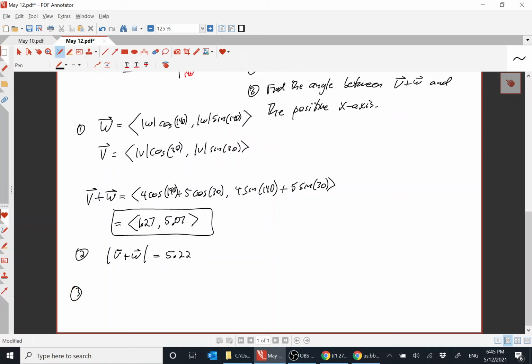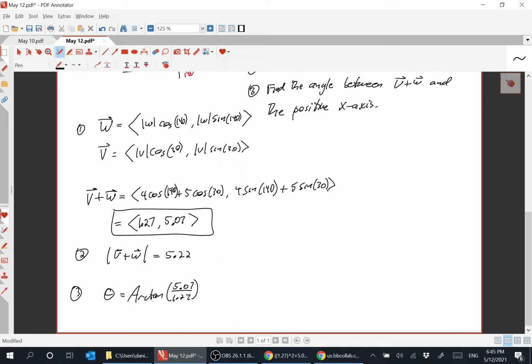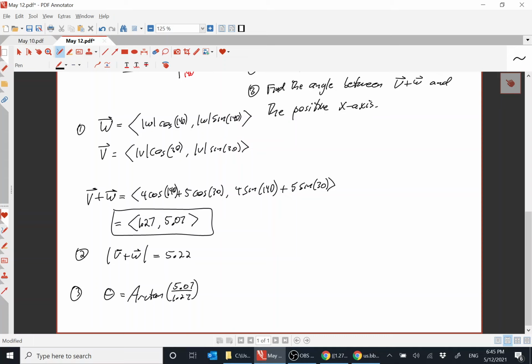Part 3, find the angle between v plus w and the y-axis. Do you remember how that goes, guys? The angle theta? Arctan of y over x, right? Arctangent of y over x. The sine over the cosine. 5.07 over 1.27. As long as you're in the first or second quadrant. If you're in the third or fourth quadrant, you need to rotate 180 degrees backwards to get you into the first and second quadrant,